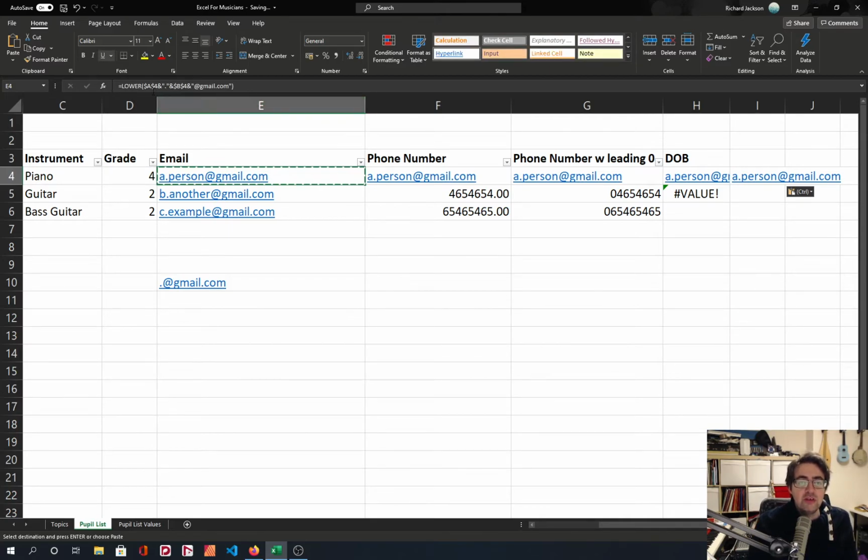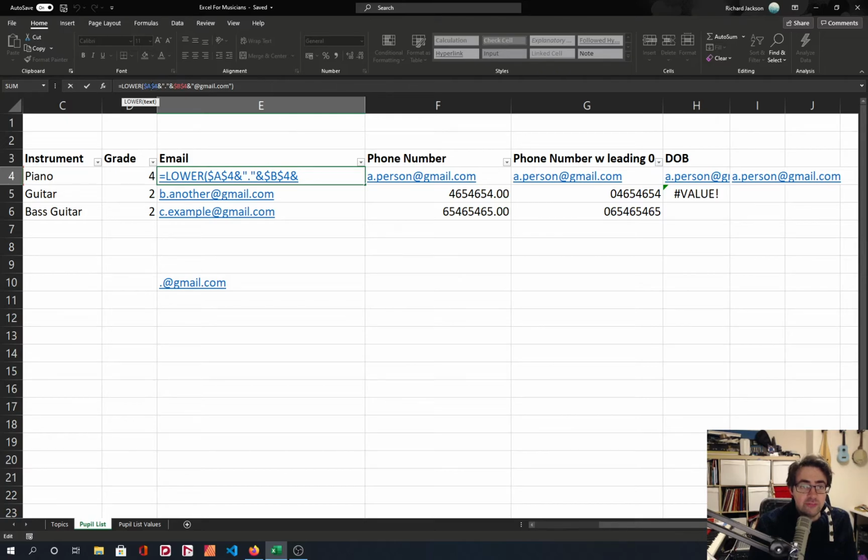And the way we do this is by putting $ in front of the column and in front of the row. So notice those $ have appeared, whereas previously they were not there. The way that you can do that is if you click on a reference in the formula and then hit F4, that'll cycle round relative and absolute references. So this is a relative reference because it can be moved. This is an absolute reference, which means that it will always be column A, row 4. And if we hit F4 again,